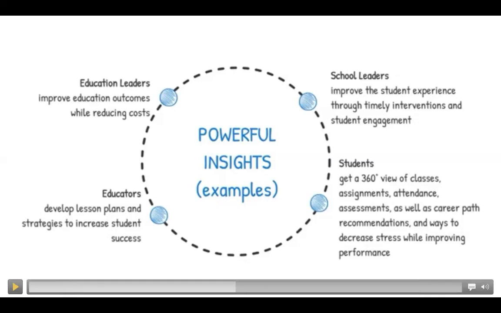The educators themselves develop lesson plans and strategies to increase student success. And the most benefited by this process is the student, who gets the 360 view of the classes, assessments, attendance, assignments, as well as career path recommendations, and ways to decrease stress